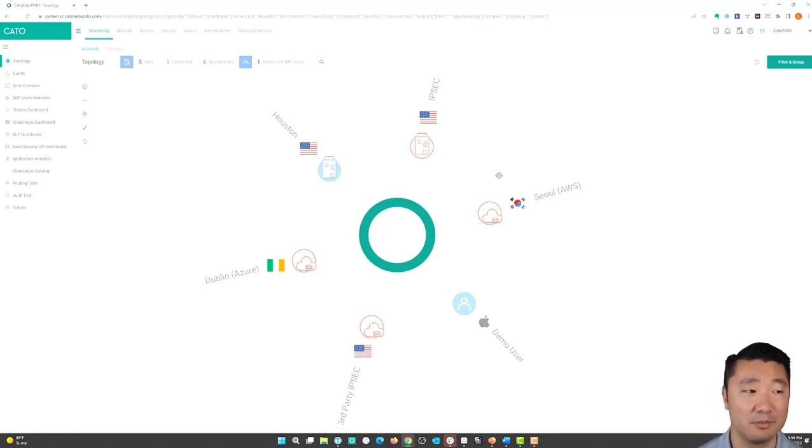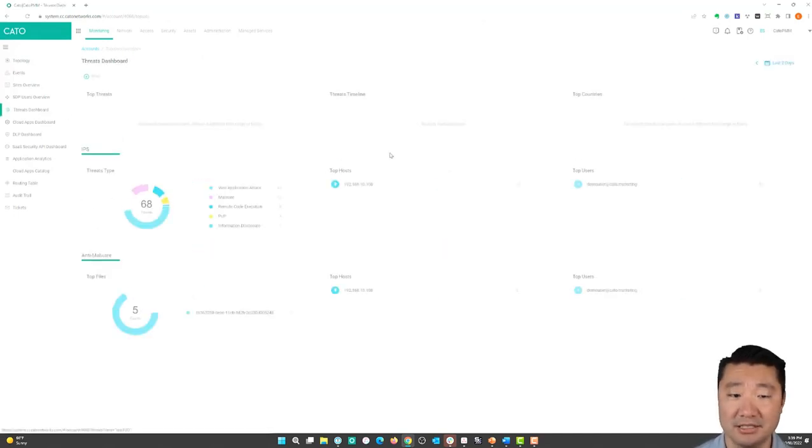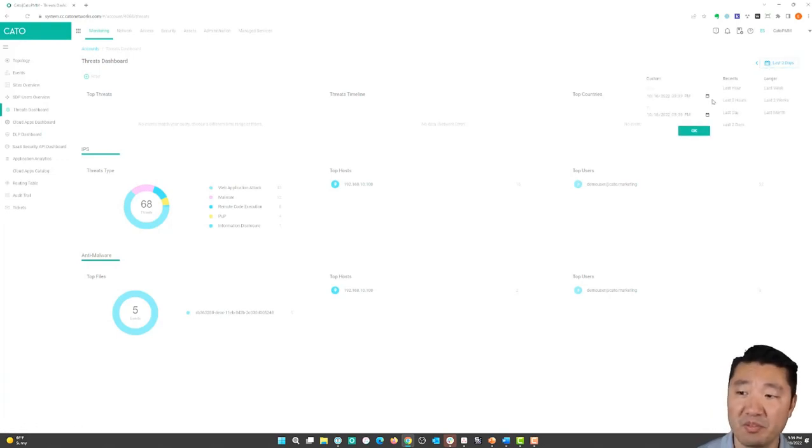which is really a little bit more exciting and interesting and definitely more visual. So let's start with our threats dashboard. So this is a high level view into all the threats that occurred in the environment. And in this case, right, we're looking at the last 2 days and there's not really a whole lot to look at. So let's go ahead and click up here and we can enter some custom timeframes, or we have